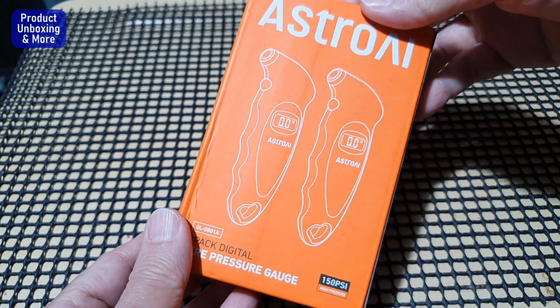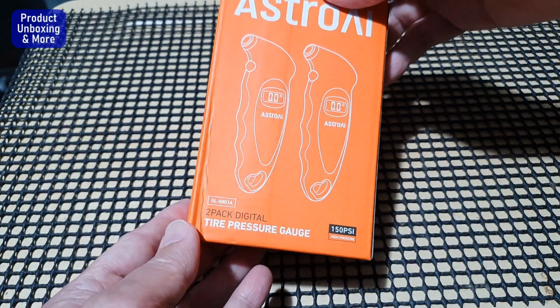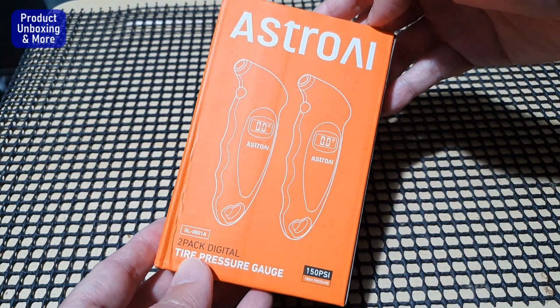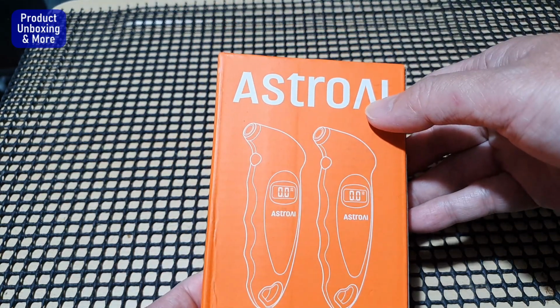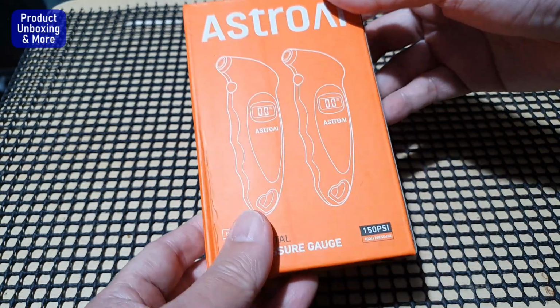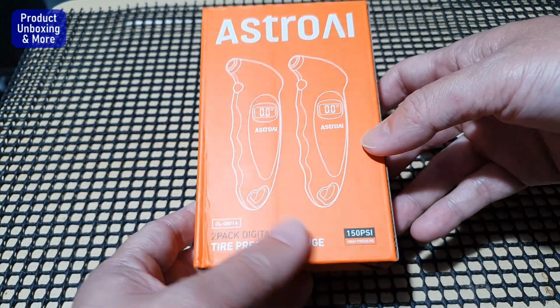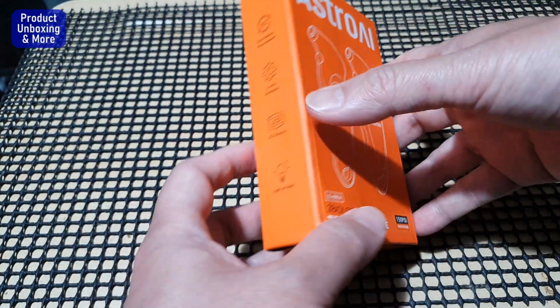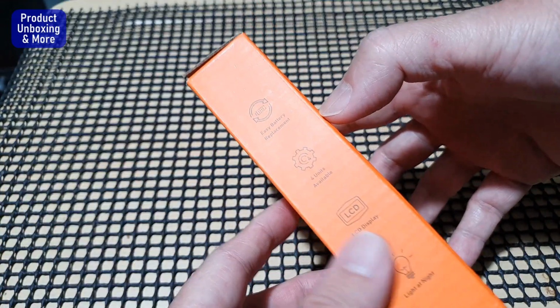Hi guys, today I will be unboxing and testing this 2-pack digital tire pressure gauge. This one is made by AstroAI. It looks like an A. So AstroAI. This can be used at up to 150 psi, so really high pressure. On the side of the box, you can see here